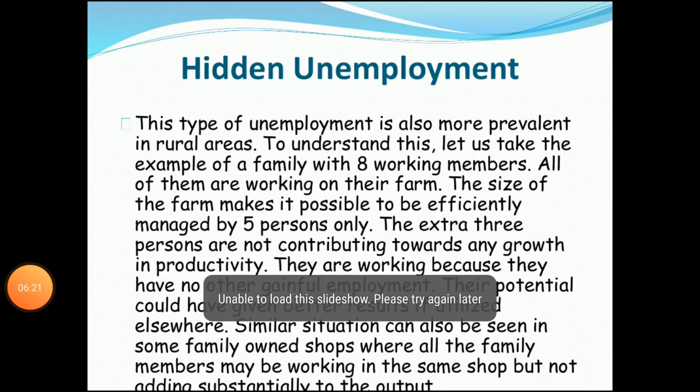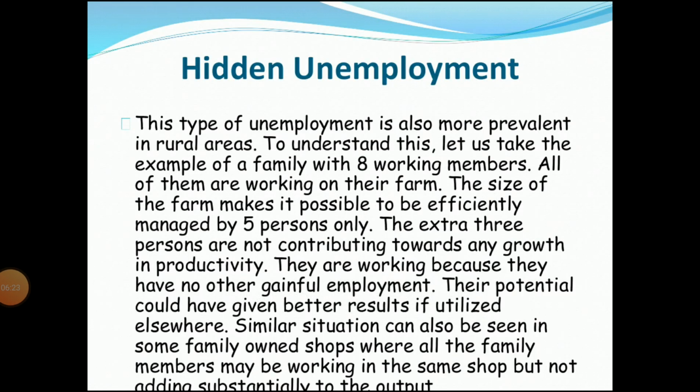Now, students, what we have understood from this is that although people seem to be employed, taking the first example where only 5 people can easily manage the whole farm field, but then 8 members are engaged. That means the 3 extra members' productivity remains zero because their contribution doesn't really matter, because the whole farm field can easily be irrigated and managed by 5 members only, but those 3 people